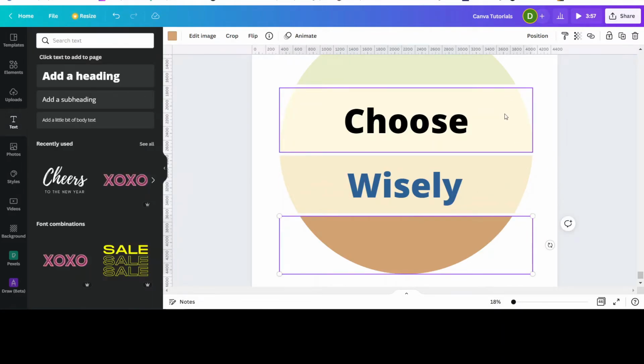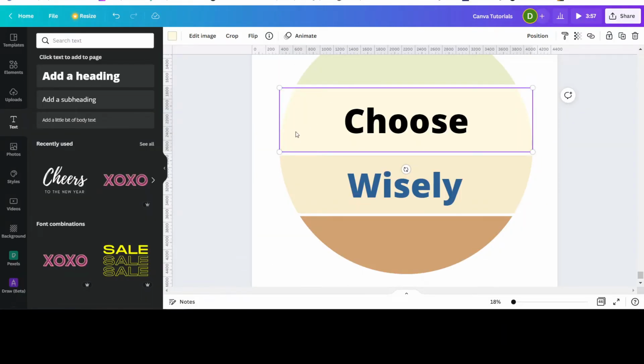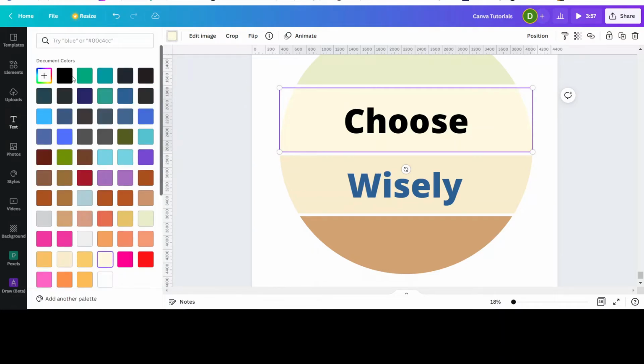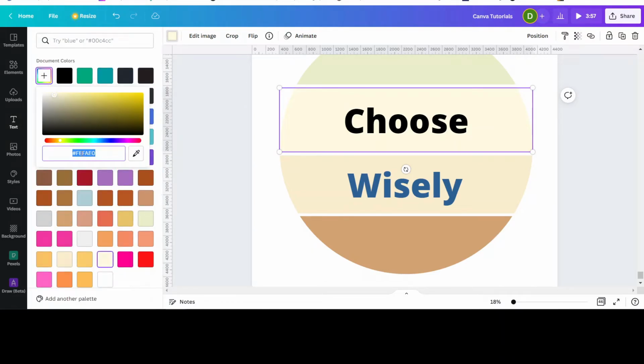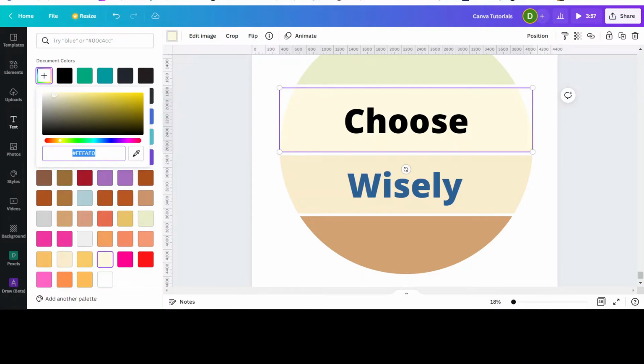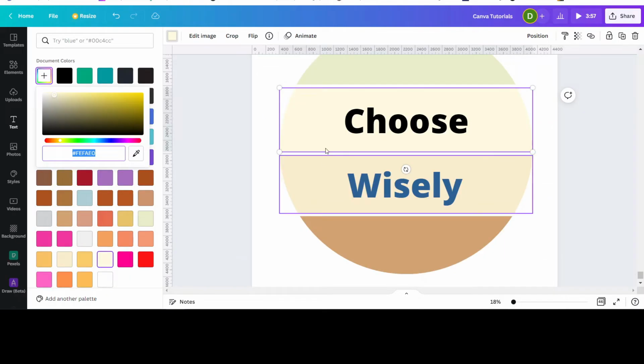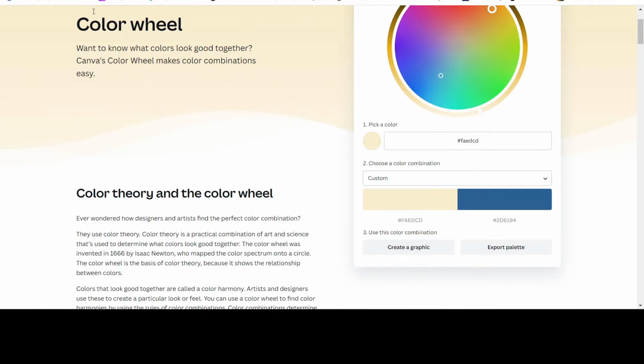So the next one is this one. So what we chose, now you can click here, of course, the color, okay? And that's the color. Click that, you're gonna get. So you can copy it from here as well. You don't have to go back to the trending color. Let's say you forgot which one you chose. So you don't have to go back here. So you can choose it from here. You go back to the Canva color wheel